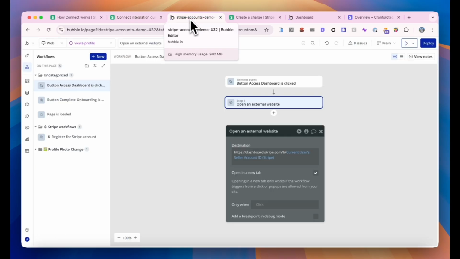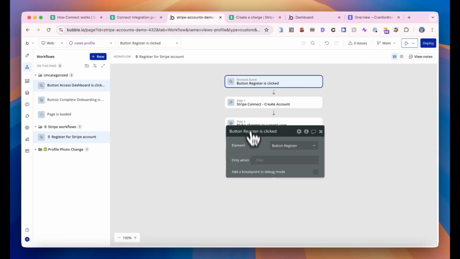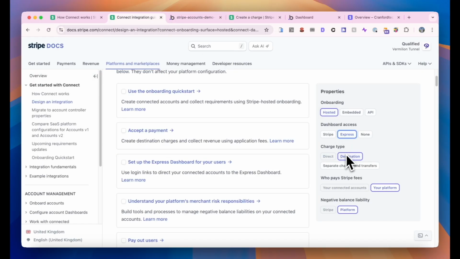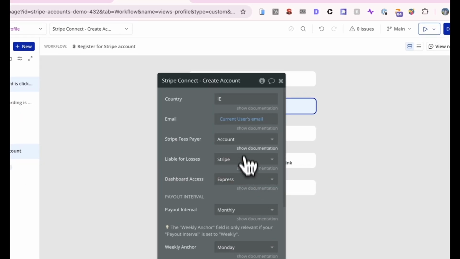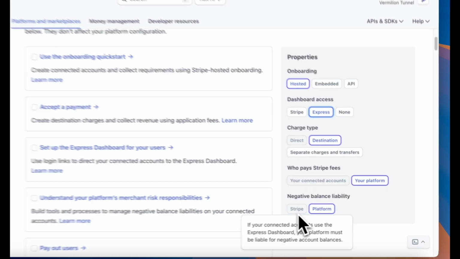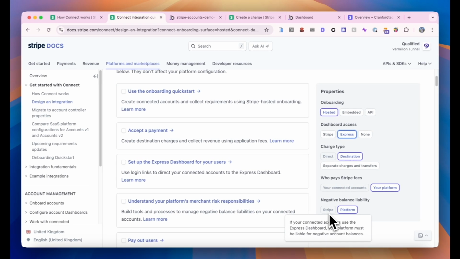So very simple. All we change is really when we're registering the user for a Stripe account, instead of giving them full dashboard access, we'd simply give them Express dashboard access. Now, who pays the Stripe fees? It's going to be your platform. Unfortunately, if you want an Express account, you do have to have your platform paying the Stripe fees. So I'm just going to change that. And then liable for losses, you will have seen as well, it's going to be your platform that's going to be responsible. If your connected accounts use the Express dashboard, then unfortunately your platform has to be liable for any negative